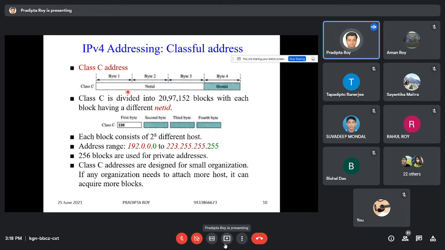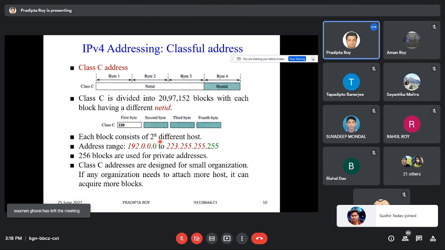So there will be 2 to the power 21, that is 20 lakh 97,152 different networks in class C address. And in each network there will be 2 to the power 8 different hosts. Okay, তার মানে নিয়ার অ্যাবাউট 21 লাখের কাছাকাছি আমার ডিফারেন্ট নেটওয়ার্ক হতে পারে। আর এক একটা নেটওয়ার্কে আমার 2 টু দি পাওয়ার 8, তাহলে 2 টু দি পাওয়ার 8 মানে কত? 256, তাহলে 256টা করে মেশিন হতে পারে আর 256টা করে নোড হতে পারে. So this amount 256 nodes in each